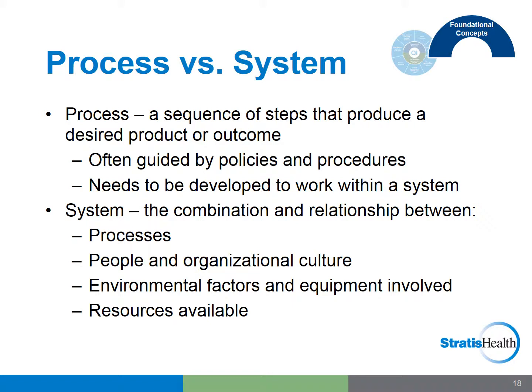A system is the combination and relationship between various processes, the people involved, organizational culture, environmental factors, equipment involved, such as electronic health records, and resources available. A system is like a living entity. Think of your own body, with many processes that make up the system, which influence and interact with each other in order to create outcomes or produce a result. Systems and organizations consist of people and processes that guide behavior and ultimately make the organization successful or unsuccessful, healthy